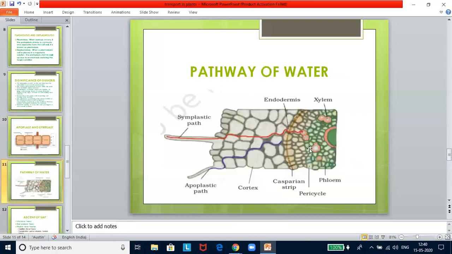So this is the pathway of water in the roots, usually via the apoplast, since the cortical cells are loosely packed. However, the inner boundary of the cortex, the endodermis, is impervious to water because of a band of suberized matrix called the Casparian strip. The water then moves through the symplast and again crosses a membrane to reach the cells of the xylem. Movement of water through the root layers is ultimately symplastic in the endodermis.